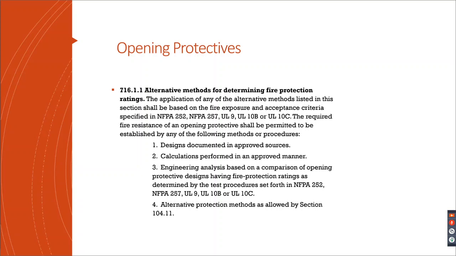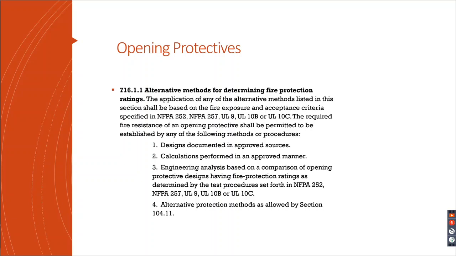And alternative methods for determining fire protection ratings. The application of any of the alternative methods listed in this section shall be based on fire exposure and acceptance criteria specified in NFPA 252, 257, and UL 9, 10B, or 10C. The required fire resistance of an opening protective shall be permitted to be established by any of the following methods or procedures. So you've got a material that you don't have a listing for, and you want to do an alternate. The alternate has to be based off of the